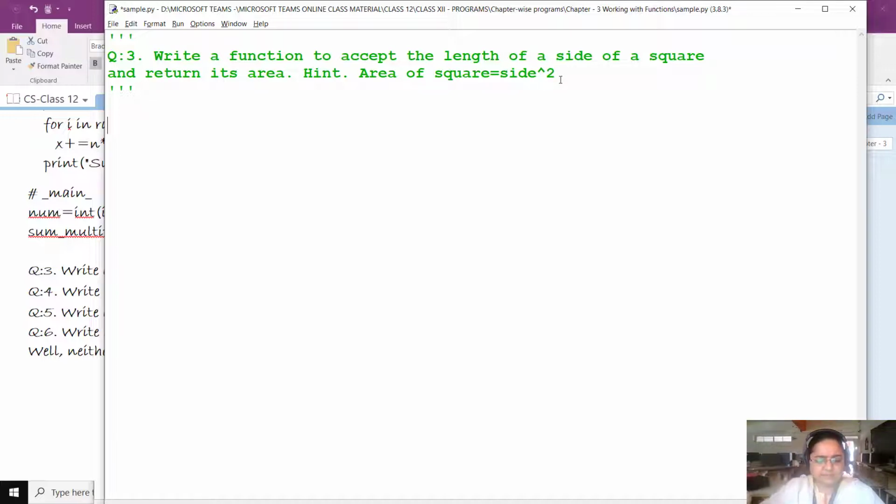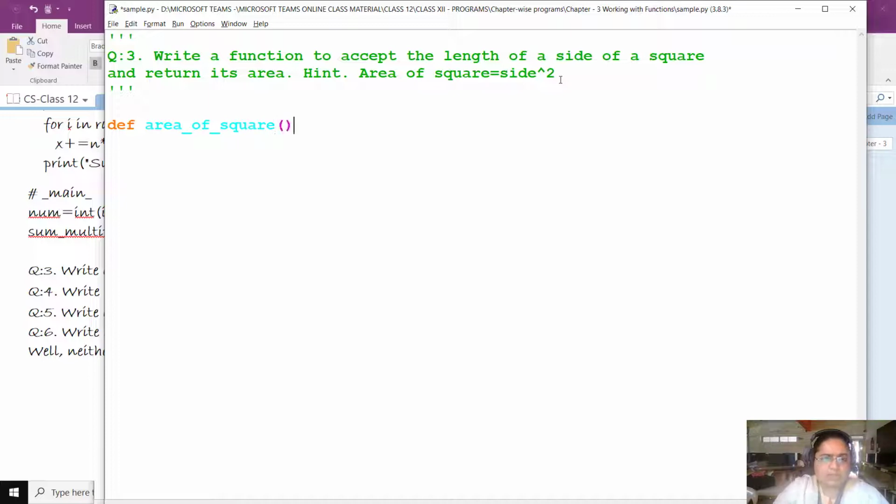So we start with defining the function first, def. The name of the function is a user-defined identifier, so we can give it any name, like square or area of square.